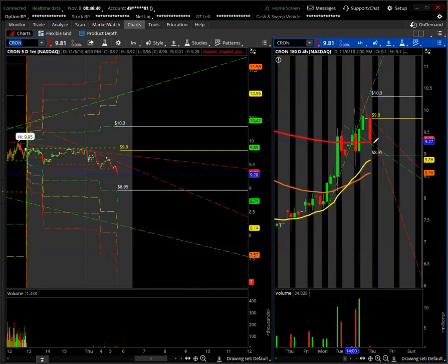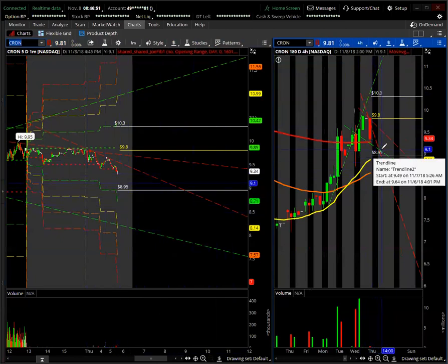Usually these lines, when they start converging, you'll like to see them come and get a lot closer to each other. You see, look at that. Bam, it's dropping down some more. That's why I'm generally inclined to see this thing consolidate to the downside. All right. What is my next one? My next one is